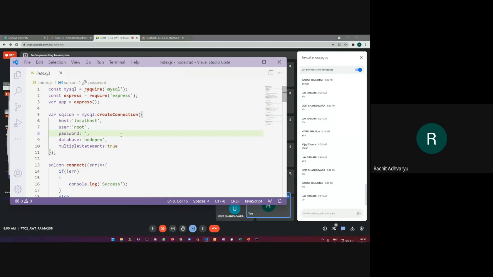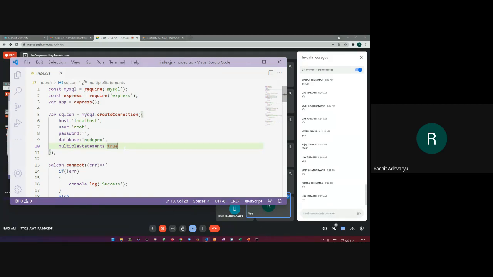There won't be any password, and the database that I'm going to use for executing this Node application's CRUD operations is named nodepro. And multipleStatements true means we will be able to execute more than one SQL statement at one time. So I have created the connection with MySQL where my server will be localhost, my user will be root, there is no password set for the root user, and the database that I'm going to use is nodepro.